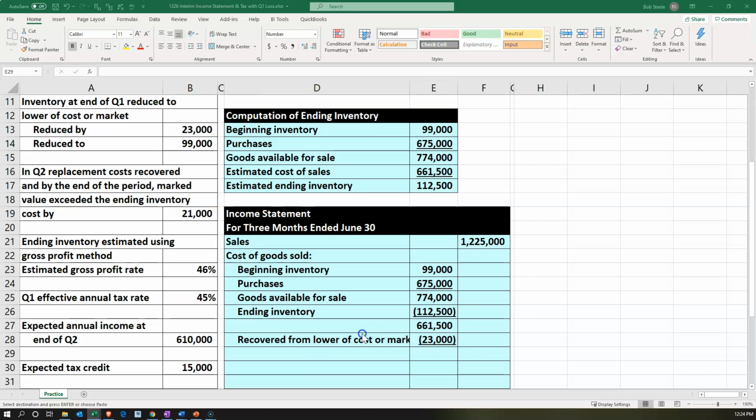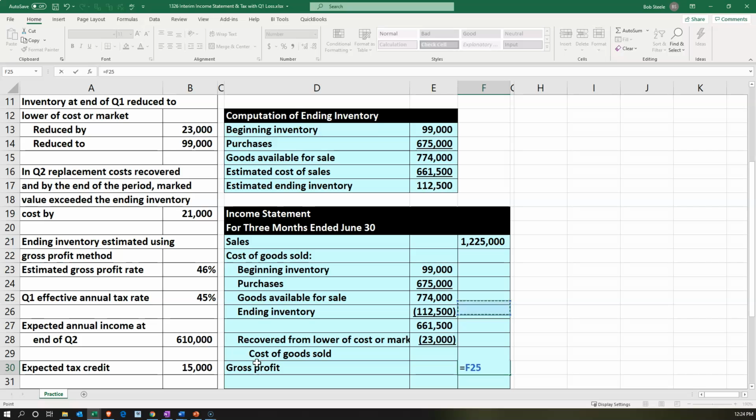So just a little bit of added detail, a little quirk in our system here. We're going to be taking the 661,500 and the 23,000 to get us to that 638,500. So then we're going to calculate our gross profit. The gross profit calculation, of course, will be sales minus the cost of goods sold. So that's going to be a straightforward calculation. This is going to be the sales of the 1,225,000 minus the cost of goods sold, 638,500, gives us the